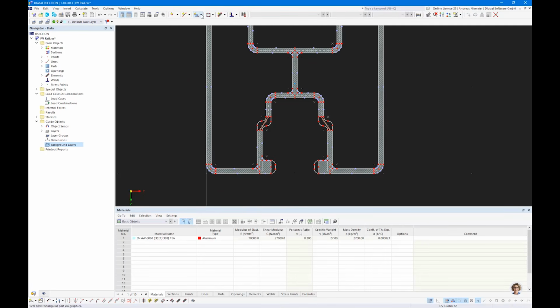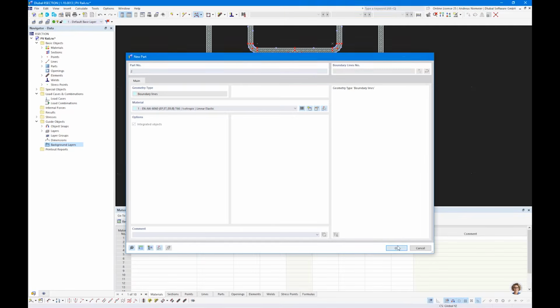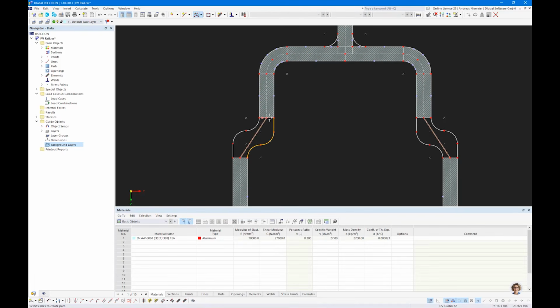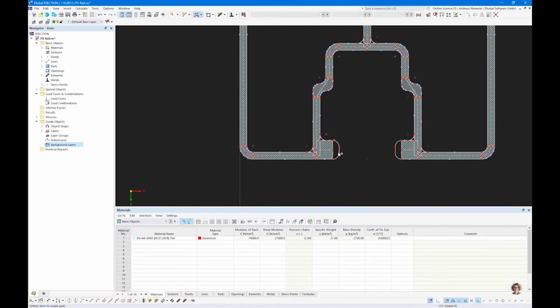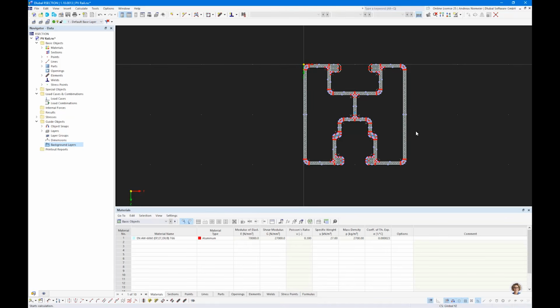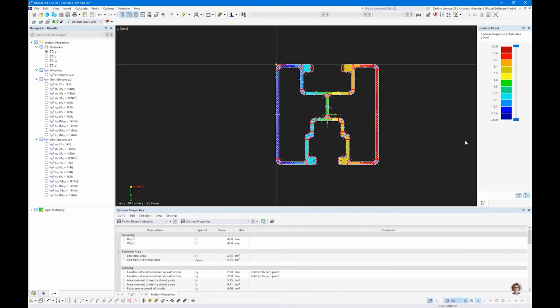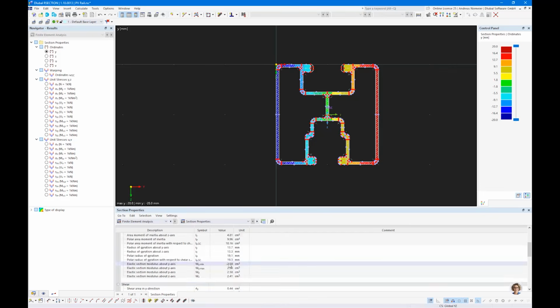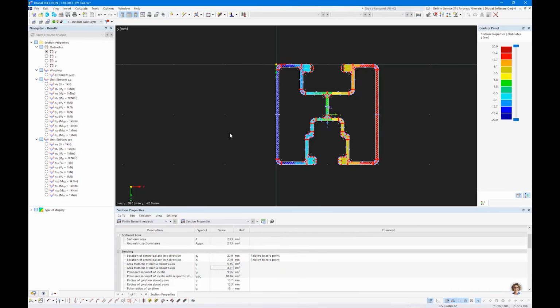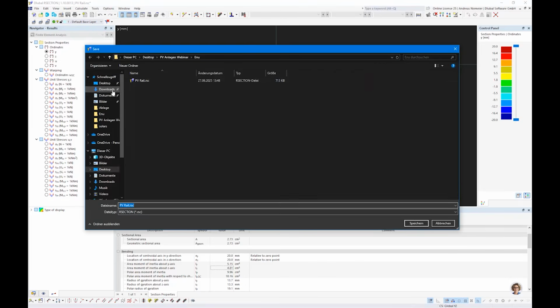So say, okay, in reality we have a material for the bending check or bending stiffness, maybe also here. And now if we run it, we get results. We get the cross section values as needed, and you can save this in maybe a download folder,